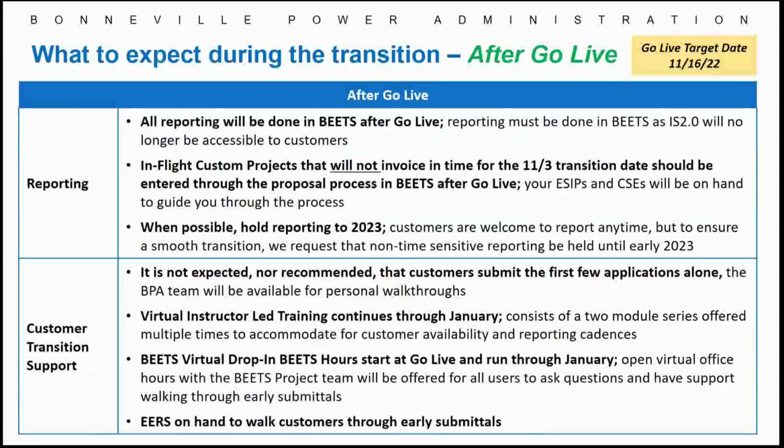Okay, after Go Live, so after 11/16, I think you all know this, but at that point, all reporting will be done in BEETS. IS 2.0 will no longer be accessible. Now, this doesn't mean you can't get reports on historical activity. That will be offered, and we can access those through the ears in the systems team, but you will not be going in there to do any more reporting